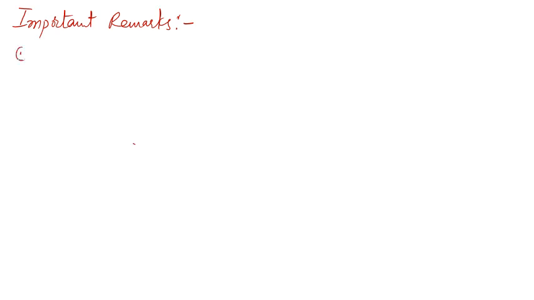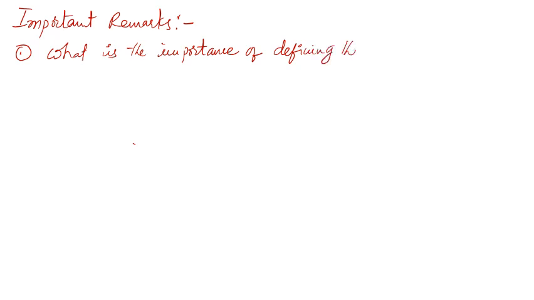Now the first one is, what is the importance of defining the order of convergence, or rate of convergence? Order of convergence, rate of convergence, both are same. Convergence of a method. The answer is,